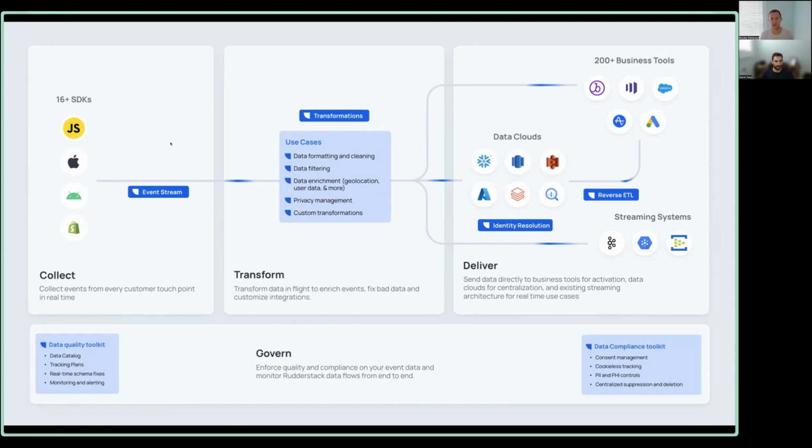You can also do some awesome things from the enrichment standpoint, like geolocation, or enriching with user traits and different customer data that you may have bought through something like ZoomInfo. You can also manage PII in flight, and basically do anything you can dream of. Some of our customers talk about it as unlimited possibility with transformations, and then you can send that data downstream